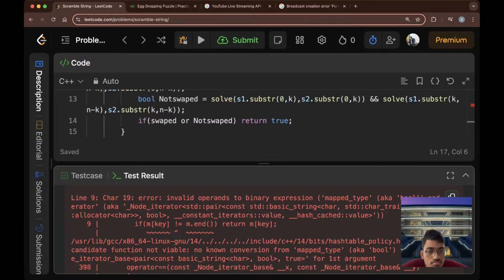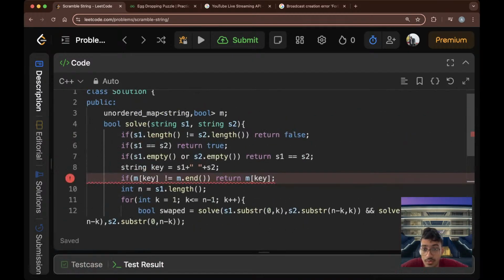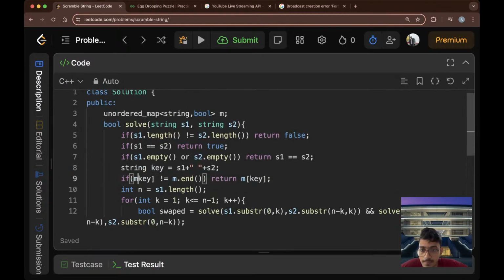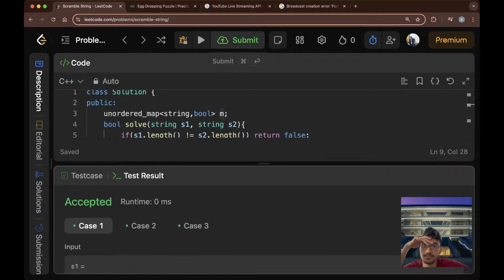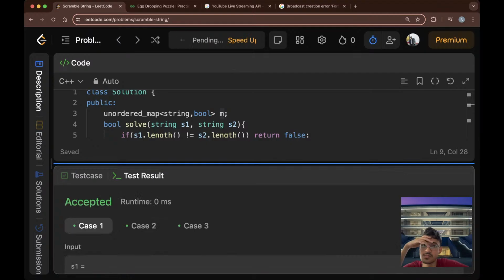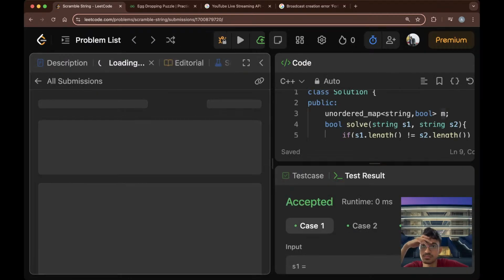Oh, sorry. I'm making lots of mistakes. M dot find. Let's see. It does